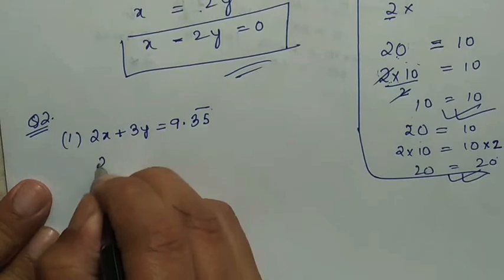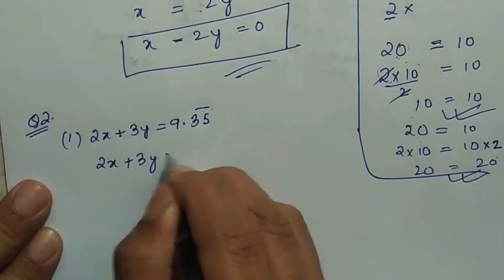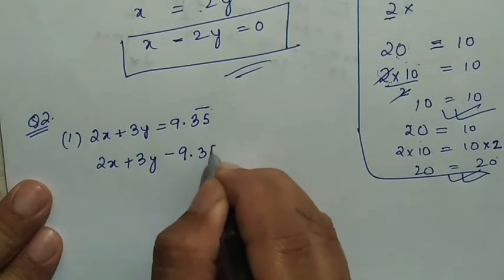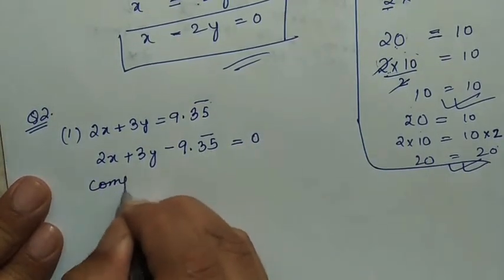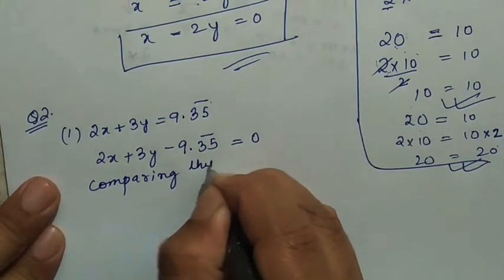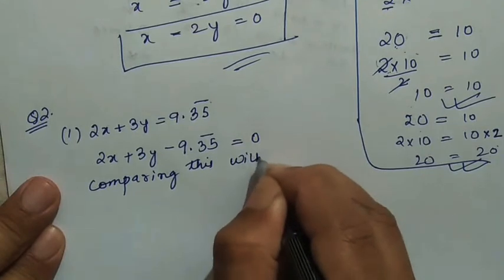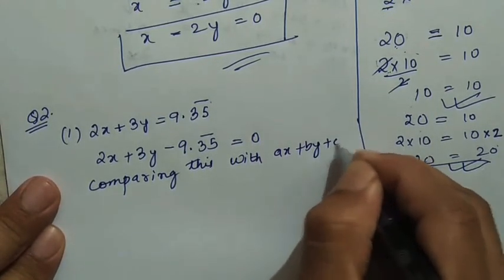So it will be 2x plus 3y, and the plus sign becomes minus, so minus 9.35 equal to 0. Now comparing this equation with the question form, ax plus by plus c is equal to 0,